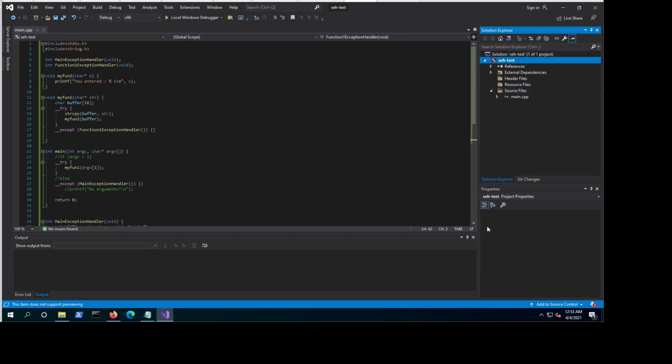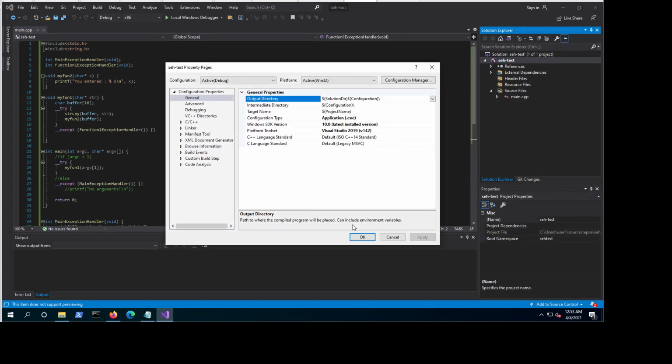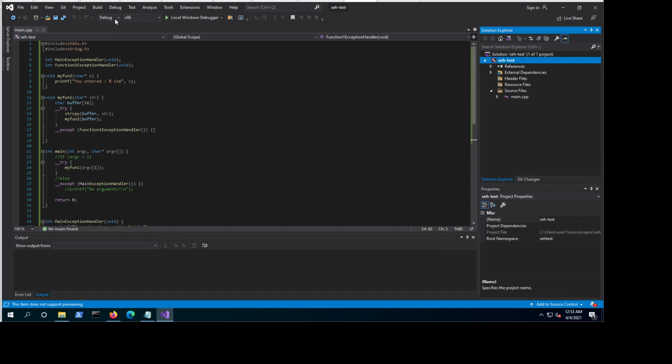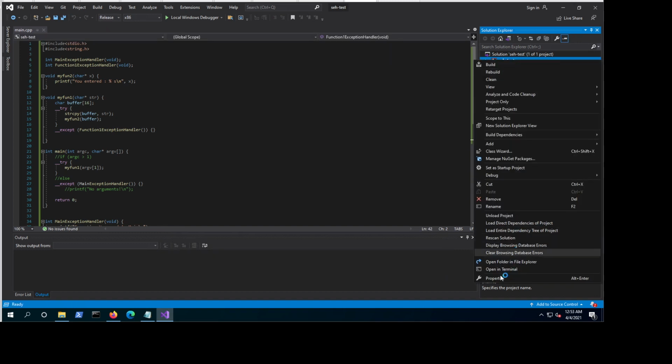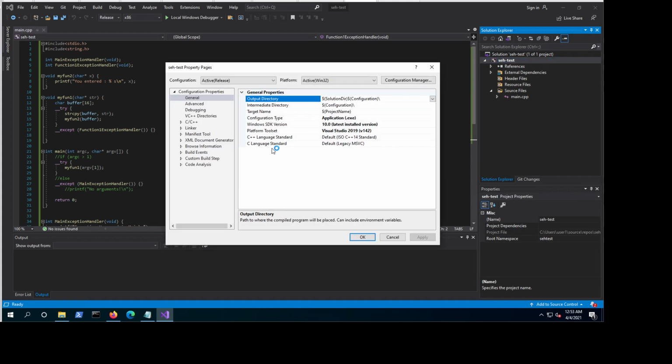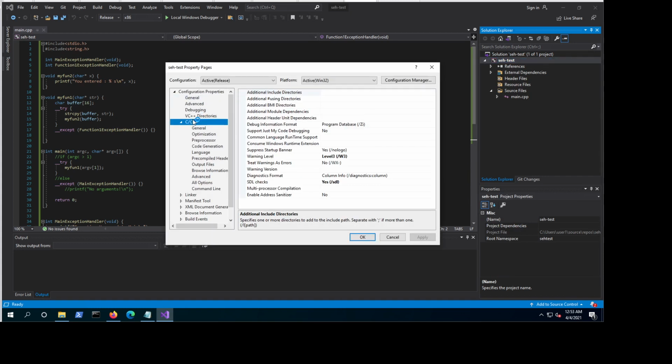Okay, so let's check a couple of things here. And wait, I don't want debug. I'm just gonna go to release mode immediately. I'm gonna do a couple of things here to make sure that